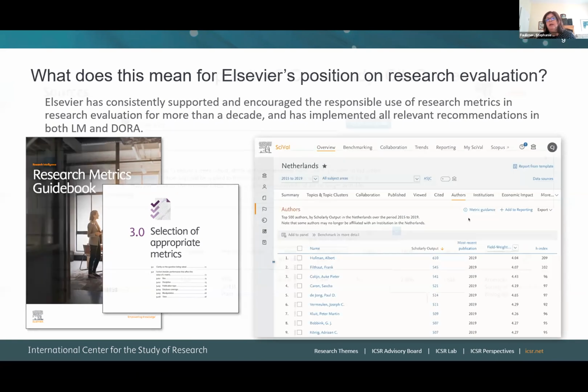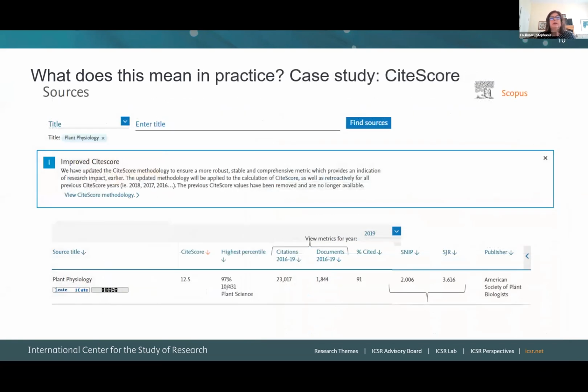Some other things that we've done, and I'm going to shift gears and talk a little bit about journal-based metrics. And that's something that's constantly under scrutiny for inappropriate use to evaluate researchers. And we'll talk a little bit more about how we evaluate researchers on the next slide. But here I'm going to talk about CiteScore, right? So if you're not familiar with CiteScore, that's Elsevier's journal-based citation indicator, and it's intended to provide the average rate of citations in a given journal over a given period of time. So CiteScore was first launched back in 2016, and